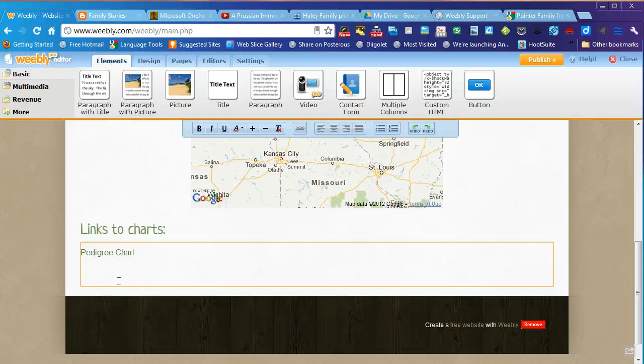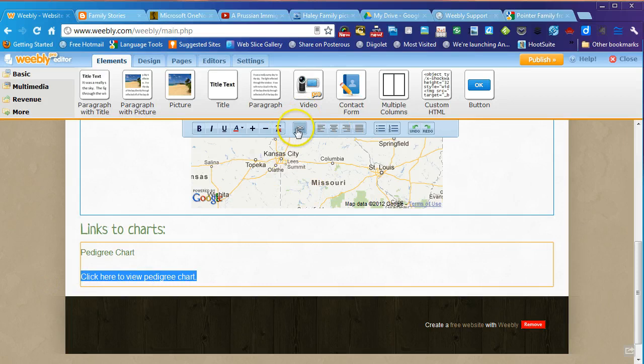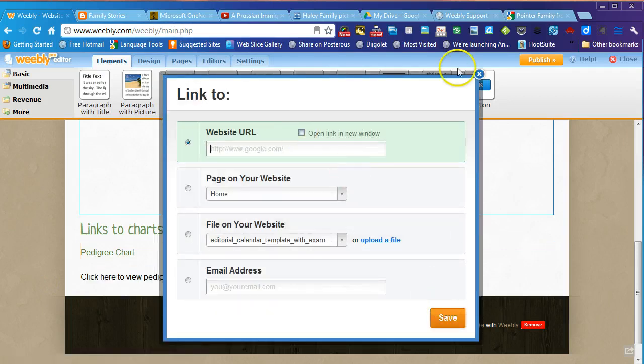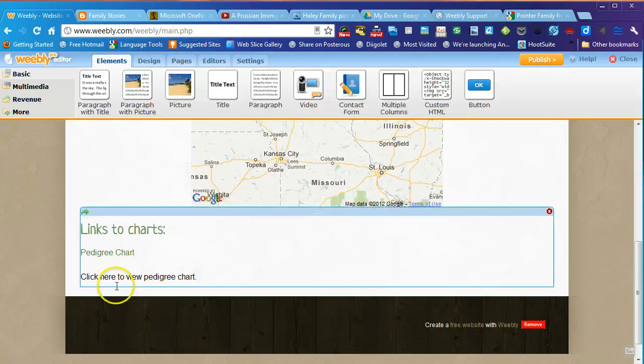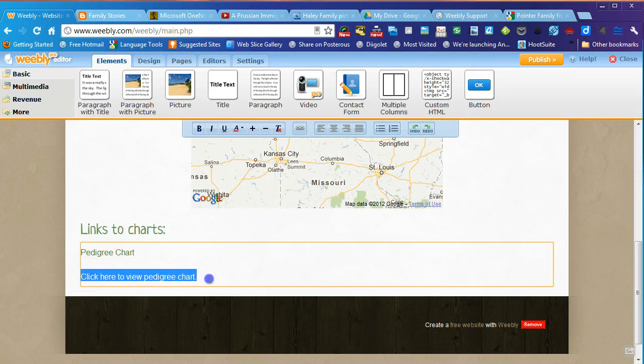Let's say you did everything and instead of putting it on Google Drive, you have it on your computer, on your hard drive. Then you can just say, click here to view pedigree chart. And you would want to highlight all of that. Don't just highlight here or click here. And there's a couple of reasons why you would want to do that, but we'll go over that at another time. Anyway, so we go ahead and